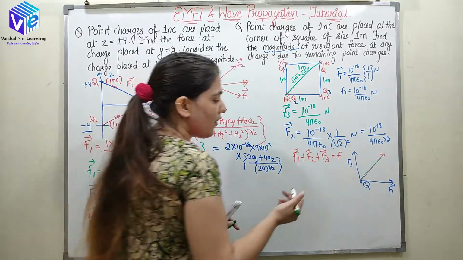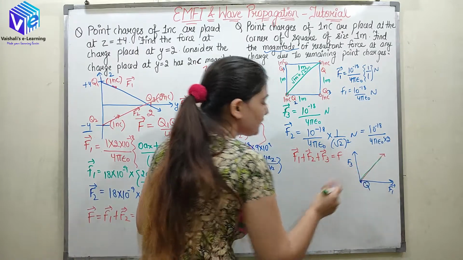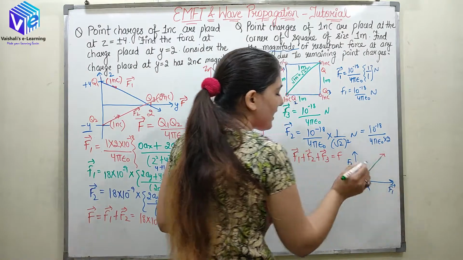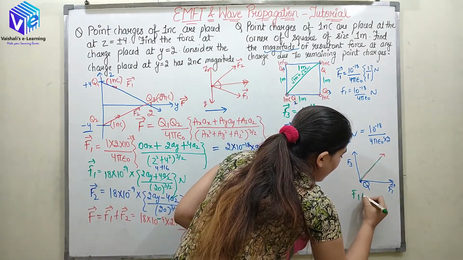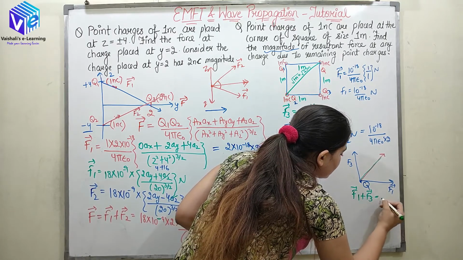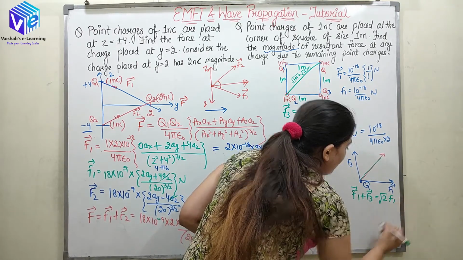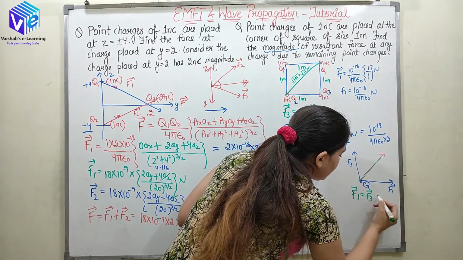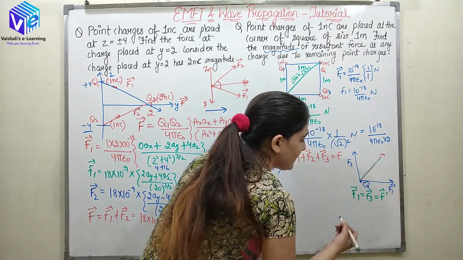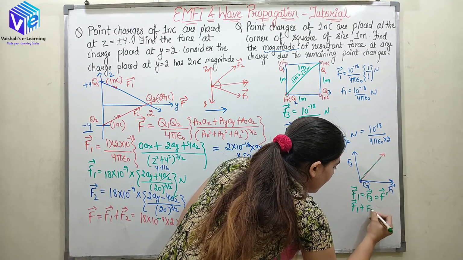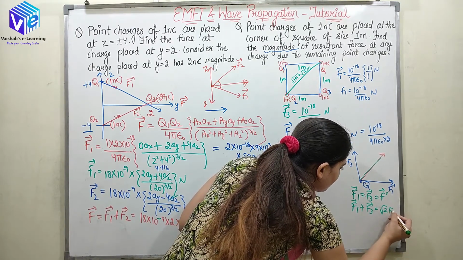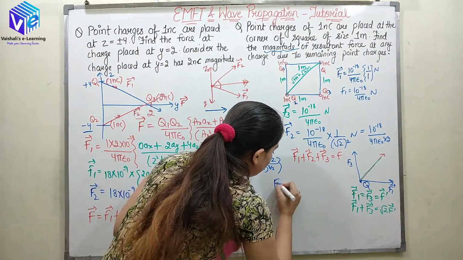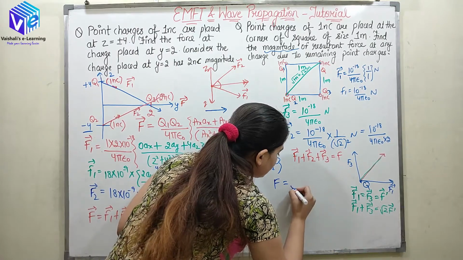And what will be the resultant of these forces? The resultant can be found with the help of the parallelogram law, and these F1 and F3 are equal. So when F1 and F3 are equal, its resultant will be given as under root 2 of F1 only. Okay, so if I take F1 equal to F3 as F dash, let's suppose, then F1 plus F3 will be equal to under root 2 F dash. So it is the resultant. Now F will be equal to F1 plus F3, which is under root 2 F dash.